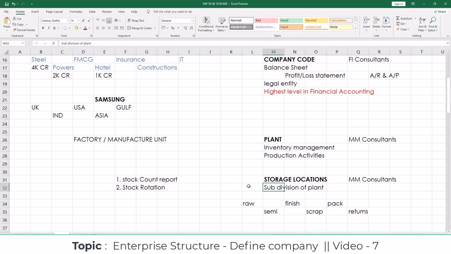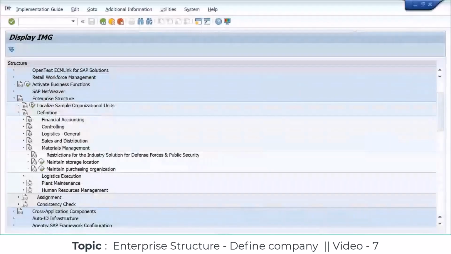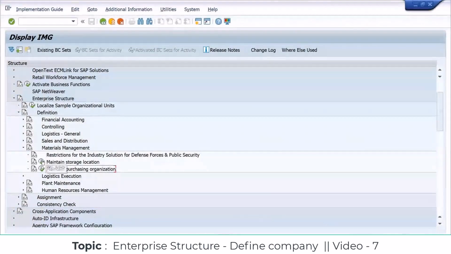So for one plant, how many storage locations can we maintain? We can maintain multiple storage locations over here. Okay. Now, how to create it? If you click on this one, maintain storage location, it will be asking us to enter